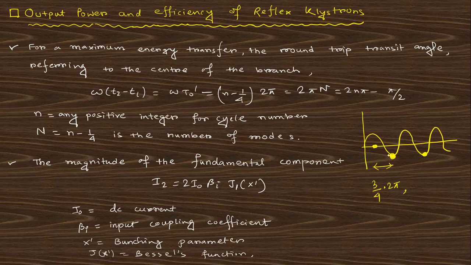And next one is, if you take this one, so pi, 2 pi plus pi to 2, that means, sorry, 1 plus 3 by 4 2 pi and so on. So you can put the 1 2 3 4, you will get this expression over that, such that the total energy of this electron is reduced and the energy of the RF power will be enhanced. Okay. The magnitude of the fundamental component is like that,